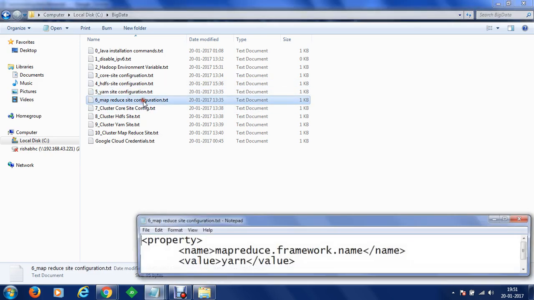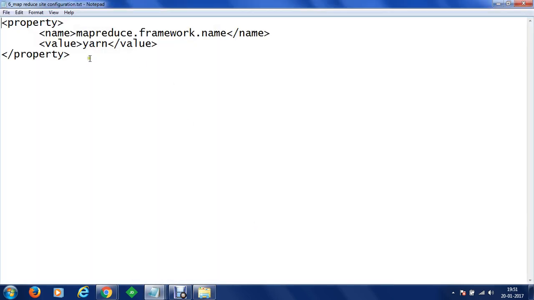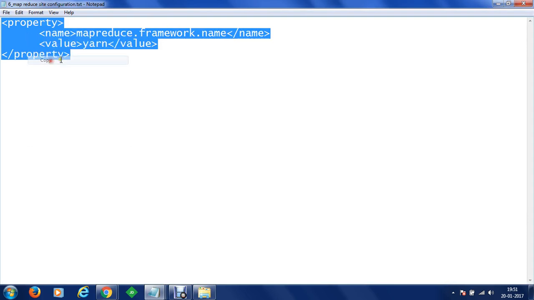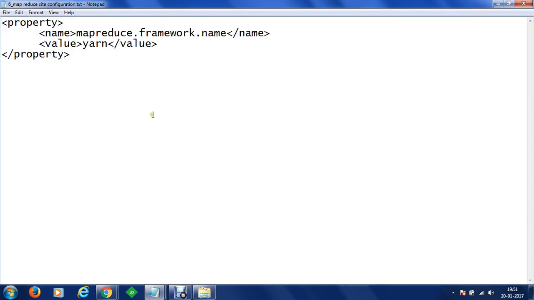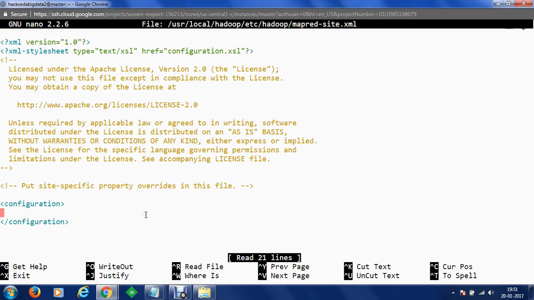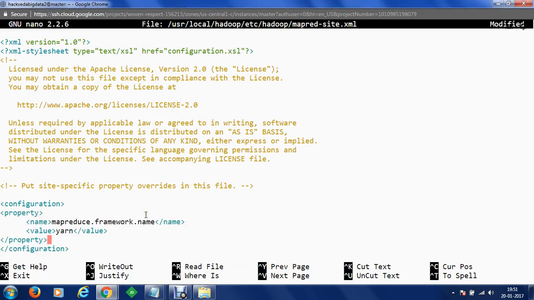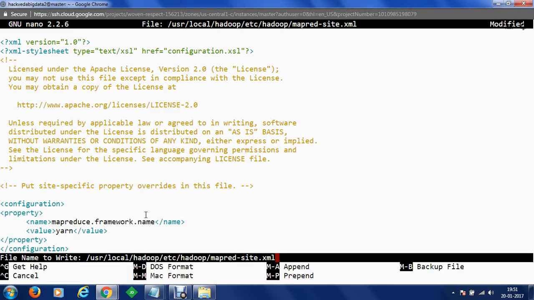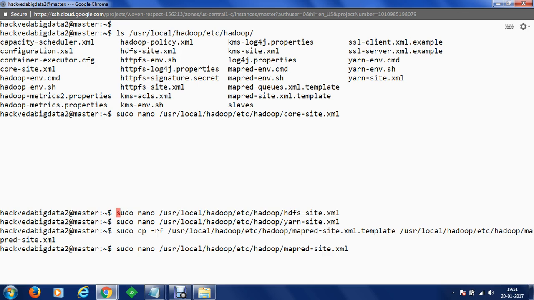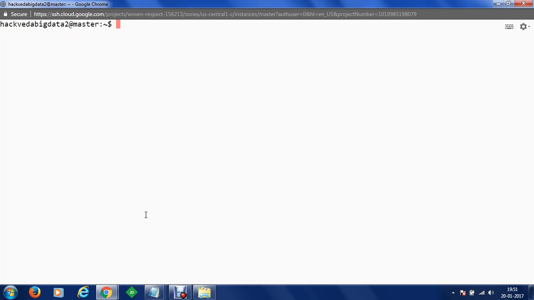We're going to open our MapReduce configurations, and in the MapReduce configuration we are going to specify the name of the MapReduce framework, which is Yarn. Let's go to the file here. Use Ctrl+Shift+V, Ctrl+O to save, Ctrl+X to close. So once we did this, all the configurations for Hadoop have been done. So let me just clear the screen at the moment.